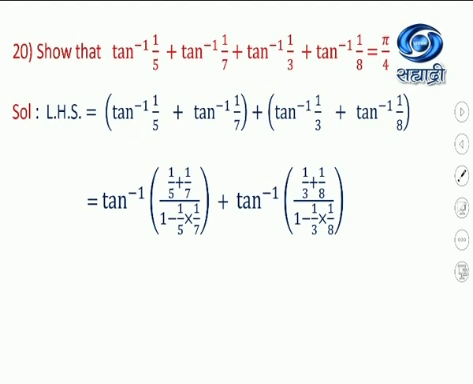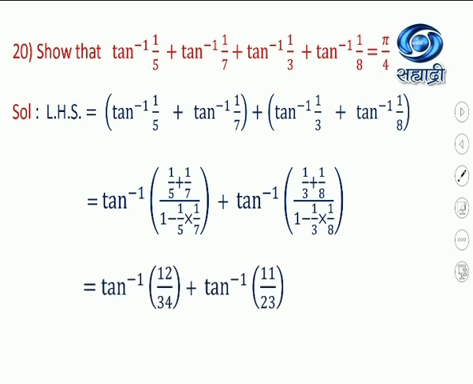Tan inverse of x plus tan inverse of y is equal to tan inverse of (x plus y) upon (1 minus xy). To both the brackets we apply the same rule, since xy is less than 1, right? So which is equal to tan inverse of...